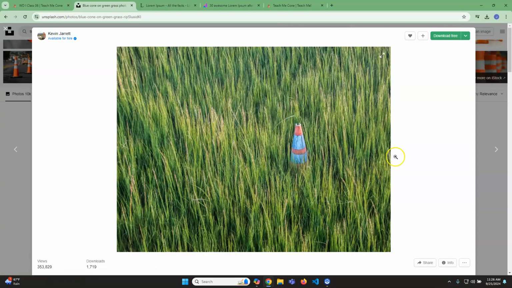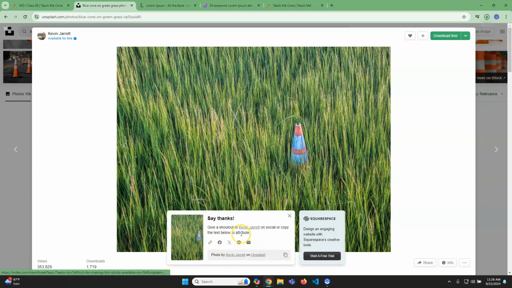But when you select it, it'll tell you to download it. I'll just click download for free. It should pop up. There it goes. And then it'll say how to give them credit. Okay, so just make sure, particularly if you're using this on the internet, that you give credit to whoever made it. But more than likely, you wouldn't be using this